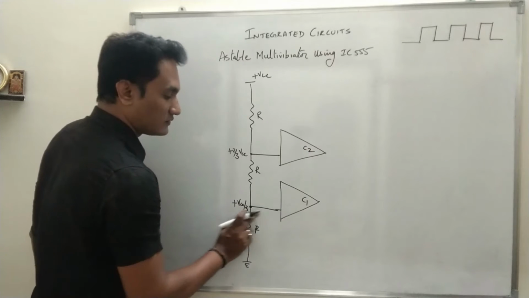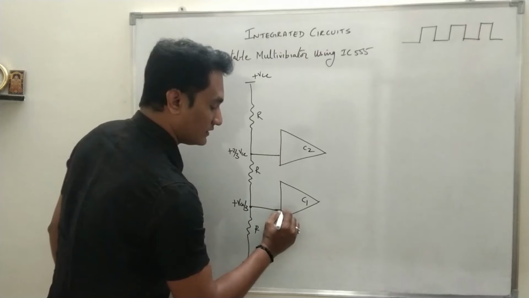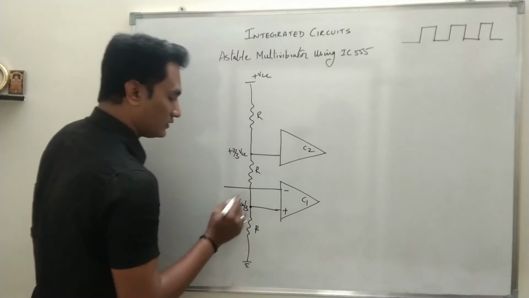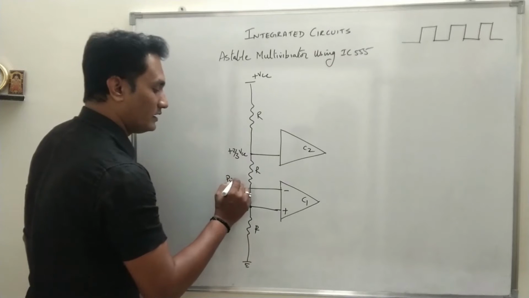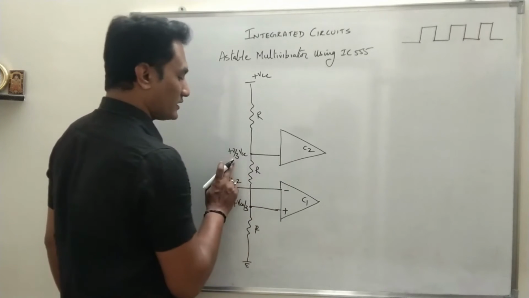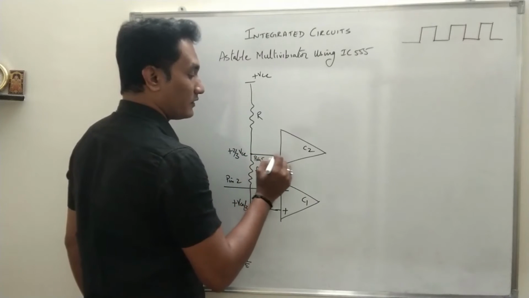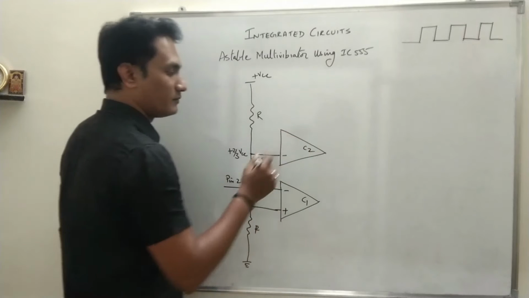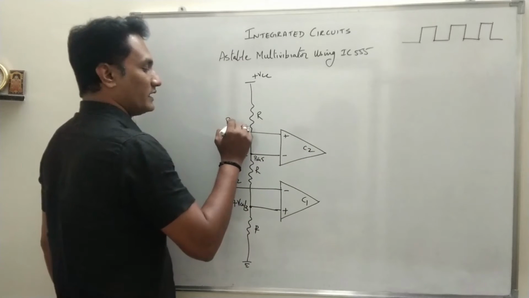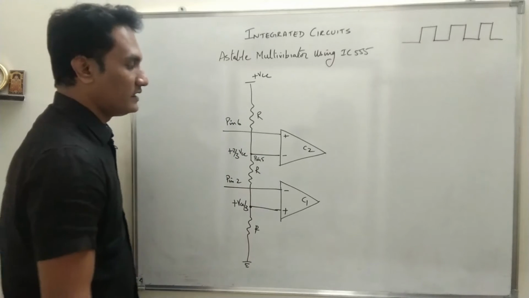Okay, so these 2 things will be given as input for the 2 comparators, comparator 1 and comparator 2. The first reference voltage is given as input to the non-inverting terminal. The other terminal is the inverting one, which is pin number 2, the trigger input of IC 555 timer. Similarly, plus 2 by 3 of VCC, the fixed potential at pin number 5, is given to the inverting terminal of the comparator, and the non-inverting terminal is pin number 6, the other input, that is threshold.